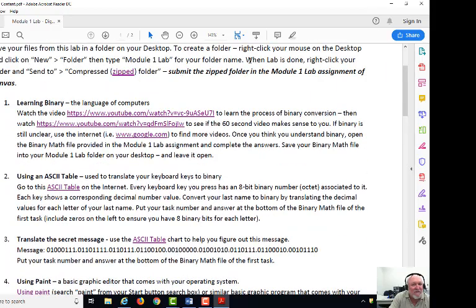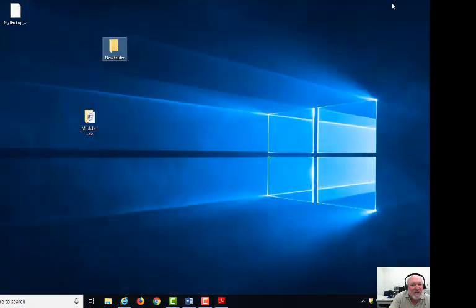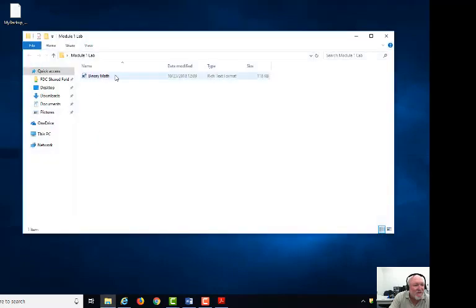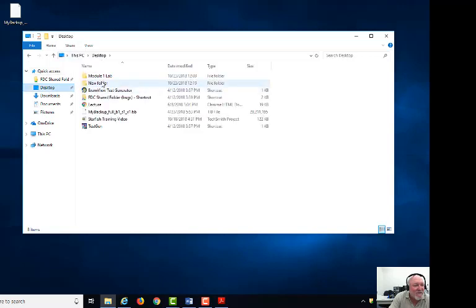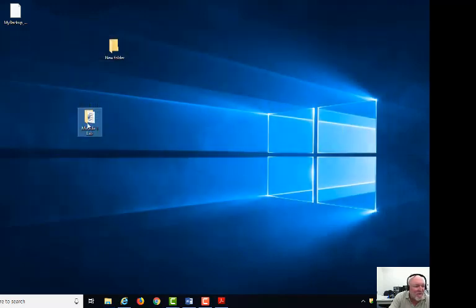Once you've finished all the tasks, then what you're going to end up with is several files, and the binary math file in the Module 1 Lab. And I don't have any files in here at this point, but just assume that I do. I come back here to this folder, then I'll expect that you want to compress this folder before you can